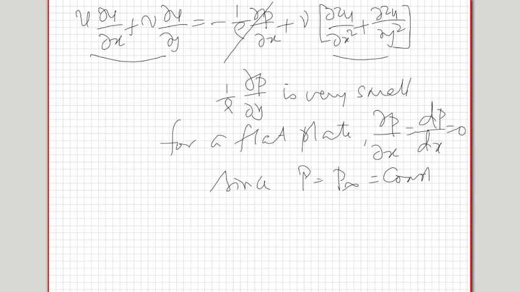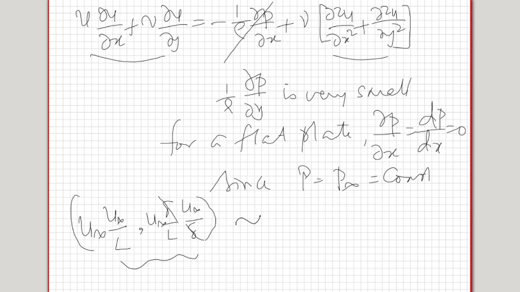So now we will write the orders of magnitude. u will be of the order of u infinity, and del u by del x will be of the order of u infinity by L, and out of these two, whatever is larger we will keep. The second one will be v, which is u infinity into delta by L, that is the order of v, into u infinity, since u is of the order of u infinity, divided by delta. Now this delta gets cancelled out. So you get u infinity squared by L, u infinity squared by L. So these two are of the same order of magnitude, so neither of the terms needs to be dropped in relation to the other.